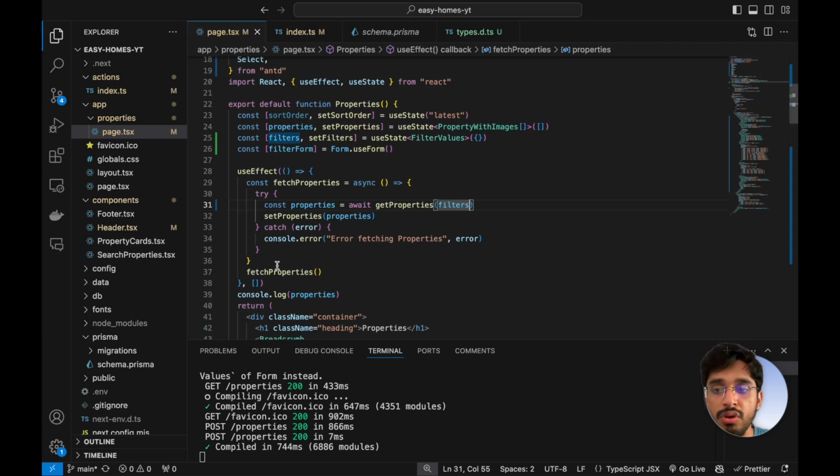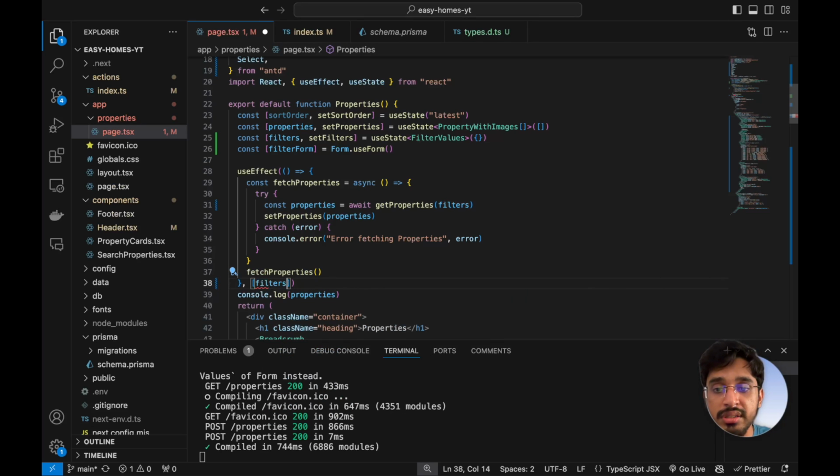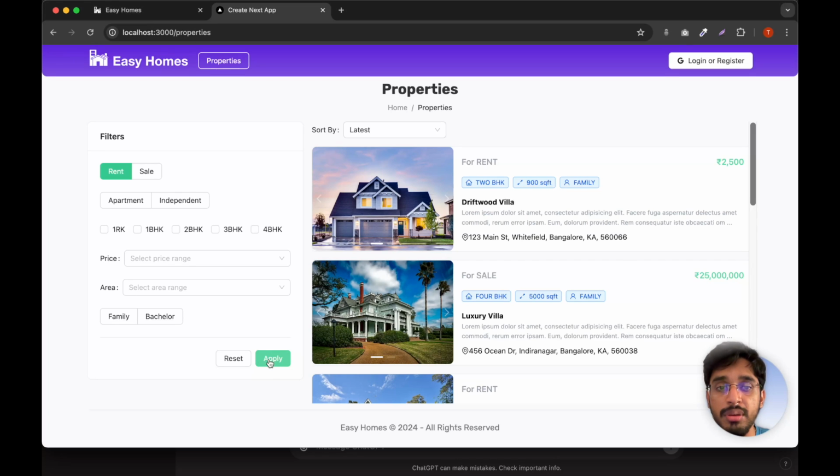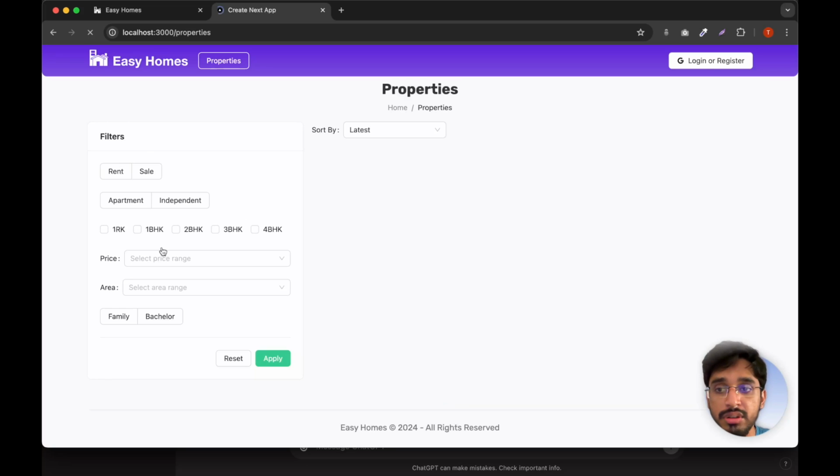So I just forgot to pass in the dependencies for this useEffect function. Whenever the filter values change, this function should run again, which means it has to refetch those properties. So let's add the filters as a dependency, and now if I hit save and click on apply, or maybe I need to refresh,